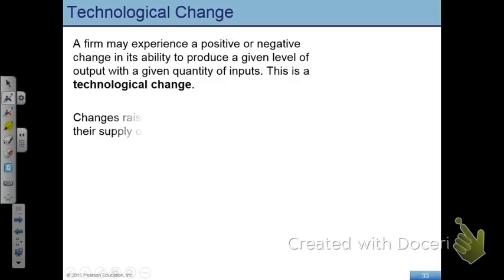The next one is technological change. Now, we are going to come back to technological change at least several times in this course. The idea of technological change is fairly important. Sometime today or tomorrow, I'm going to upload a video which I'm creating for another class, which will talk about the same things that we are talking about here. But in that context, we are going to change the word technological change